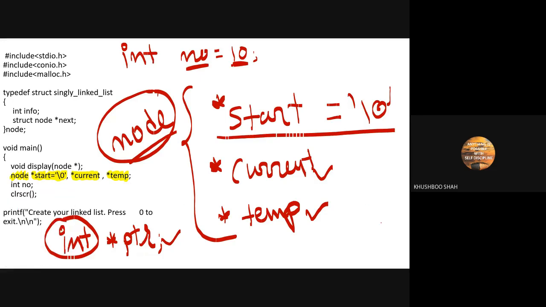Okay, can anyone tell me when it is required to initialize a variable? Let me give you one hint. Remember in the last semester we did one program, sum of the first 10 numbers, and we initialized the sum variable with the value 0. Remember? Because what we used to do is sum is equal to sum plus i.